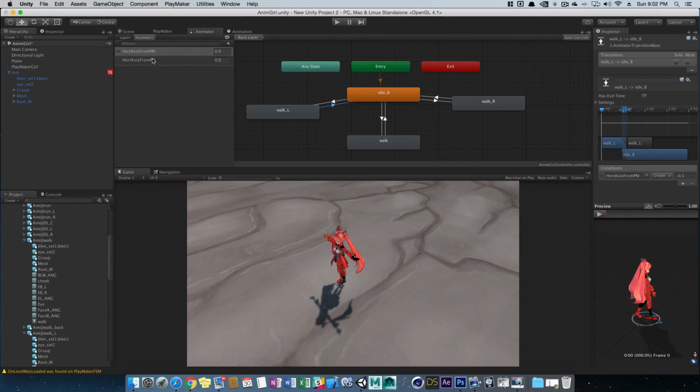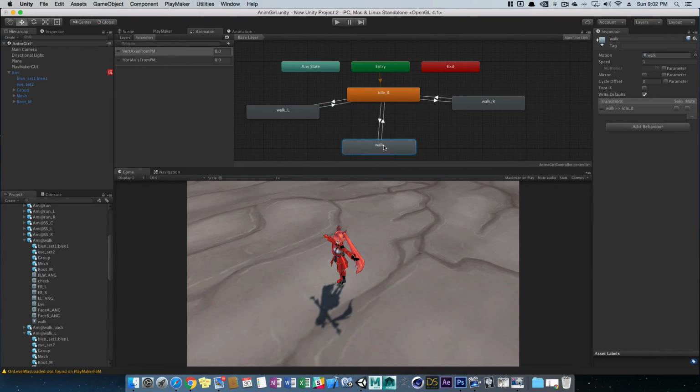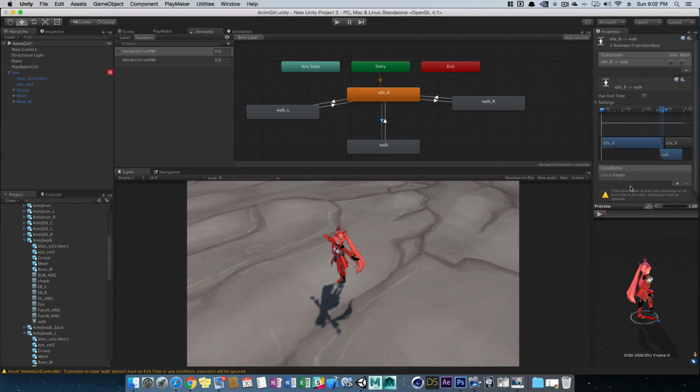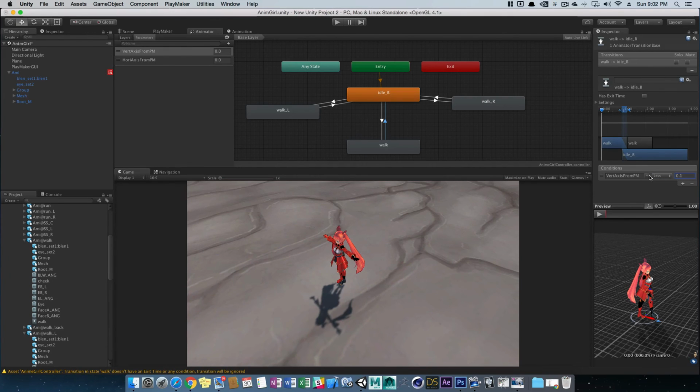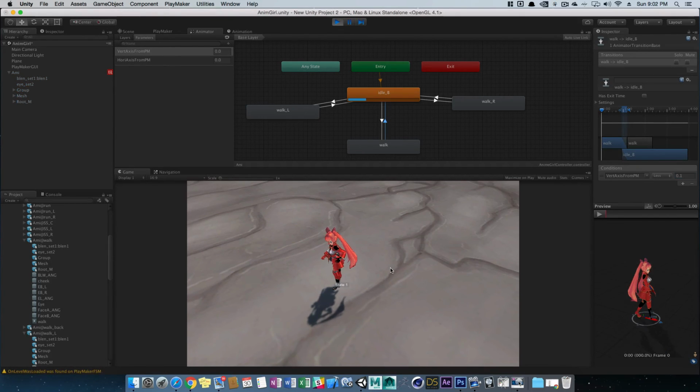Okay. Now, to go to walk, we're going to look at the vertical, and if it's greater than 0, we'll go to walk. If it's less than 0.1, we'll go back to idle. So let's go ahead and give this a try. So I'll turn, then I begin walking,